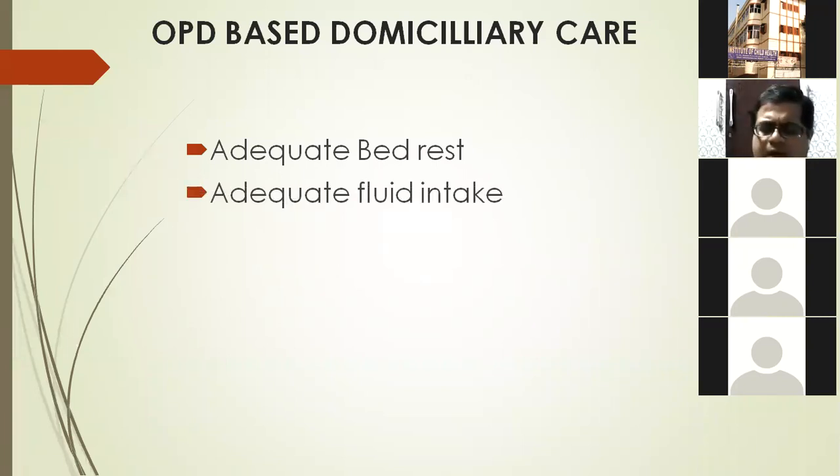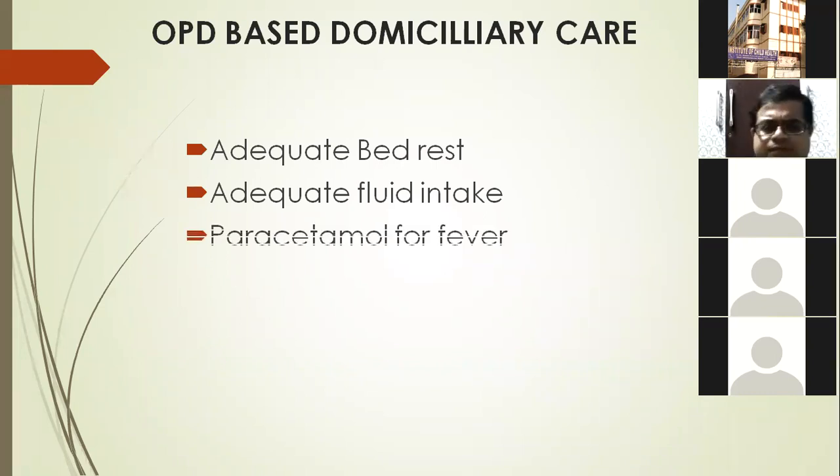You have to tell the parents or caregivers about adequate fluid intake. What do you mean by adequate fluid intake in uncomplicated dengue fever without warning signs? It means adequate fluid intake plus at least 4 to 6 glasses of water for an 8, 10 or 12-year-old boy, or any liquid. What liquids? You can advise the child to take plain water, ORS, coconut water, fruit juice, barley water, or any soup. But you should discourage the parents from giving carbonated drinks.